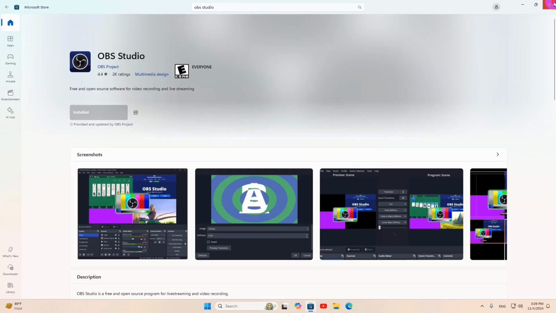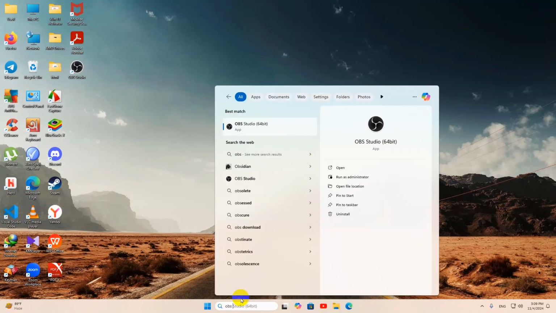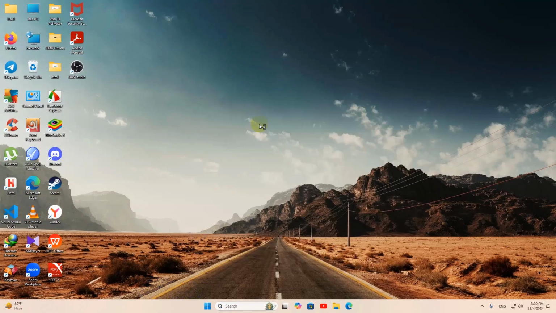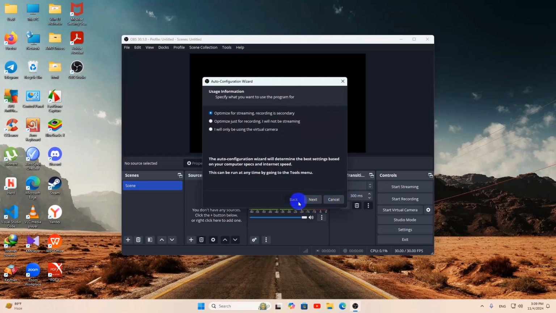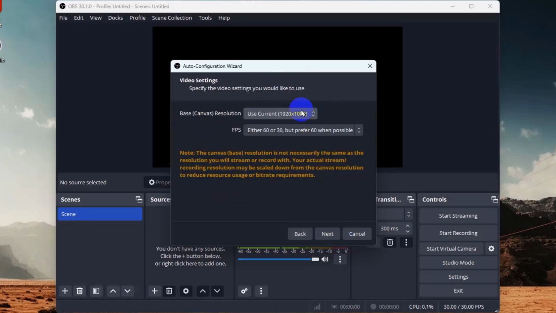So right now we can just close this, and let's go to our Windows search option, and let's search for OBS Studio, and there you can see. So if you now just click on it, there you can see it open OBS Studio, and you need to choose what you want. I want this for only recording. I will not be streaming, so I'll just select this option, then click on next,